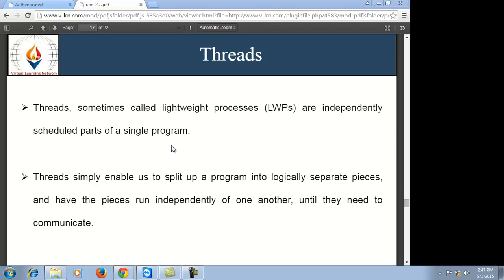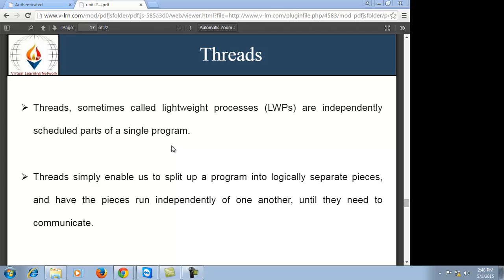Now, what is a thread? A thread is a lightweight process. As the general meaning, a thread is a small part of anything, and a thread can be lightweight. If we have a program for arithmetic operations, in it we have functions like addition, subtraction, multiplication, division, all independent like threads, and if we combine all of these functions, it becomes a program. So a thread is a lightweight program